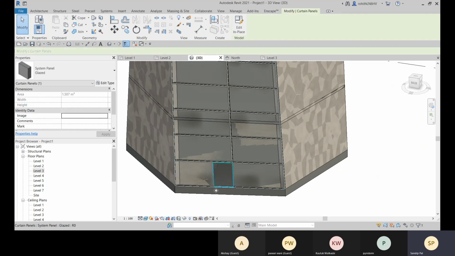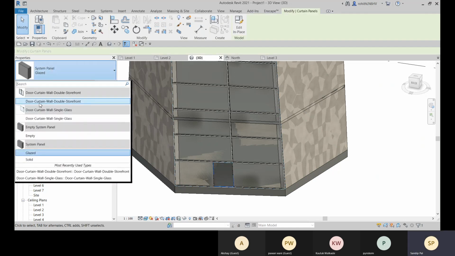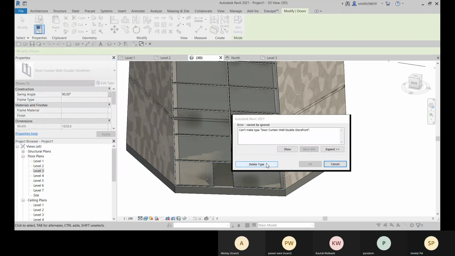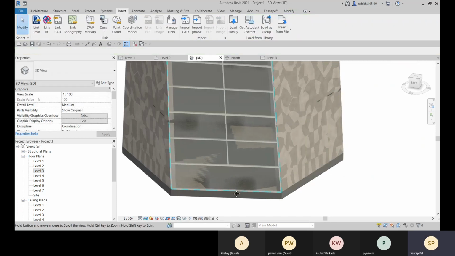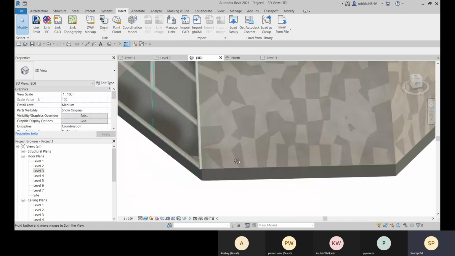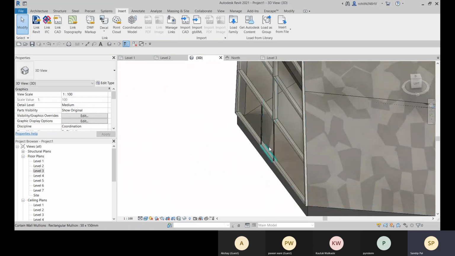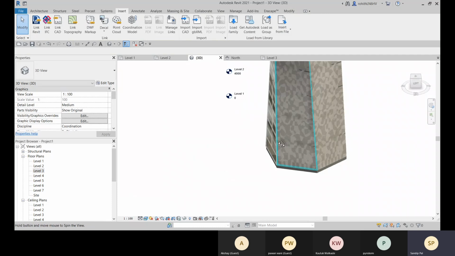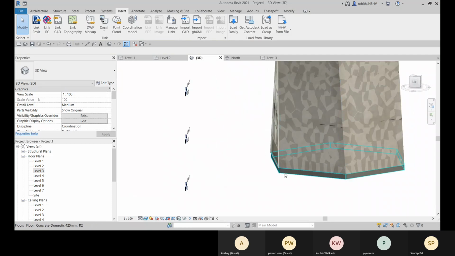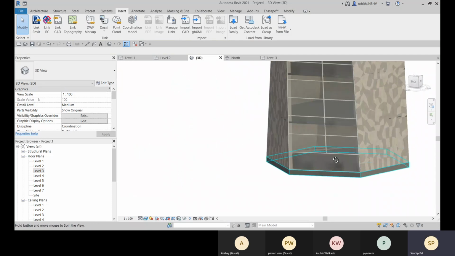Tab to select this panel, then change this. Okay, I think this is because of this slanting portion, or this is not properly aligned, so it's because of that.